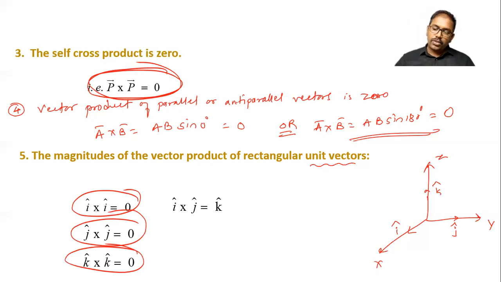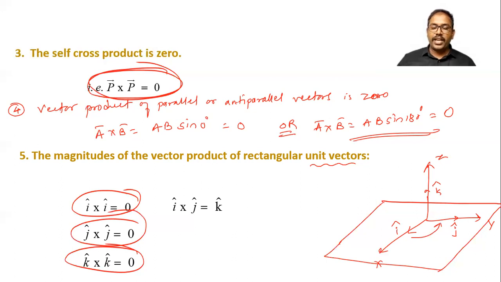Now how is it? Here by right hand rule you can see I cross j. I consider that I and j are in the same plane. Then I cross j we get by right hand rule. You can keep your right hand curl fingers from I to j, then the thumb denotes the k cap. It means this resultant vector is in the upward direction, in the direction of z-axis, and it is k cap, because unit vector multiplied by unit vector is a unit vector. So I cap cross j cap is k cap. In a similar manner, j cap cross k cap is I cap.